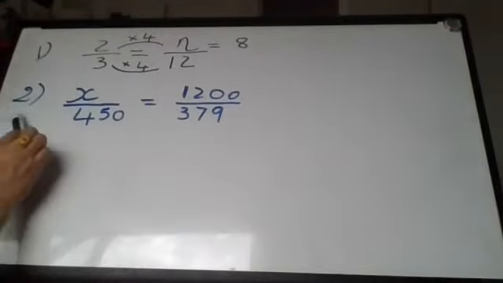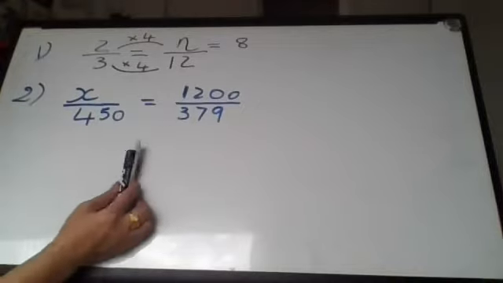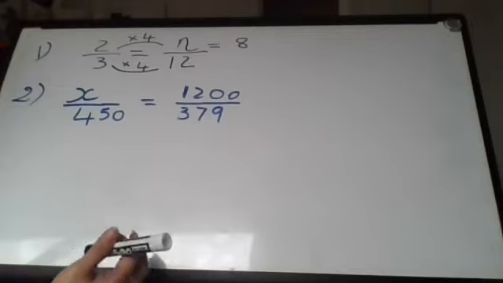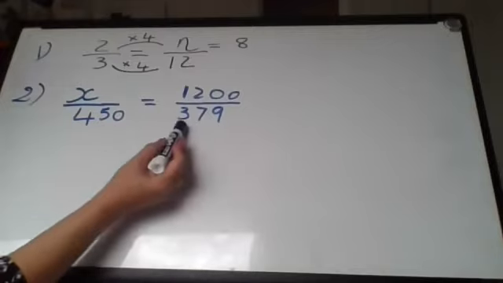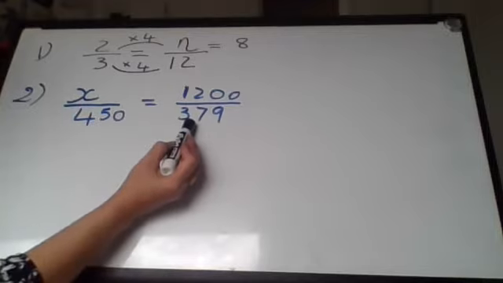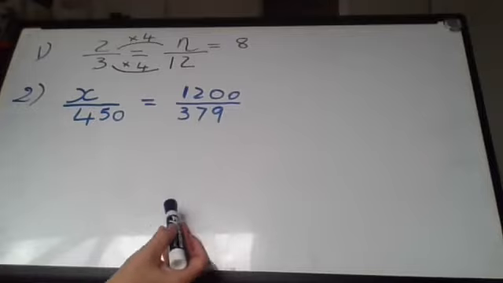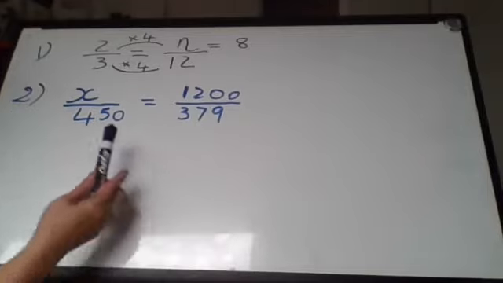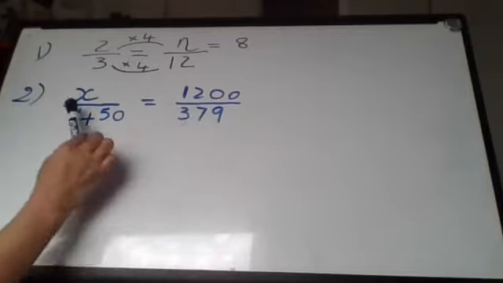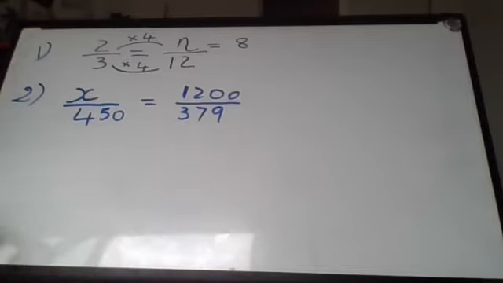However, let's look at question number 2 here. This is the big fraction. How do you deal with guessing? How do you know what number you divide 450 down by to get 379? You are unable to guess if the numbers are tricky like this, big numbers, or sometimes